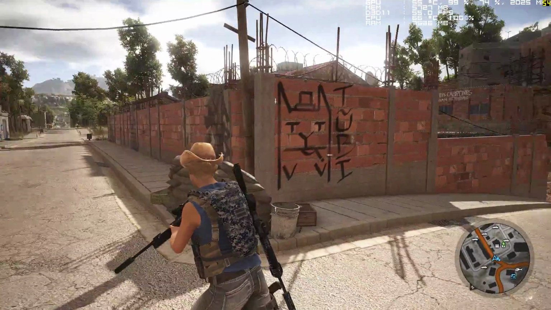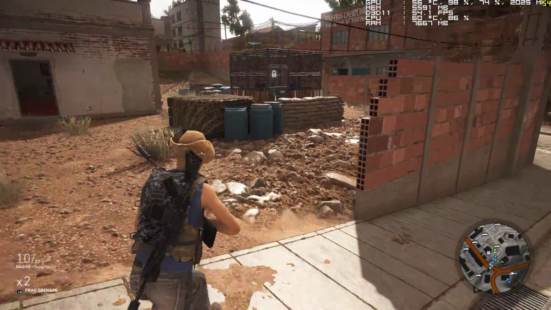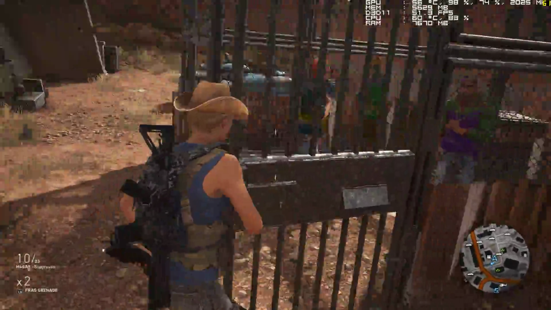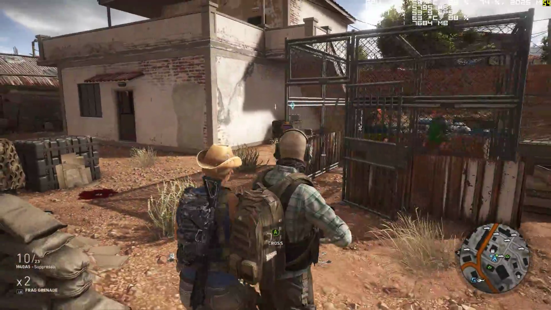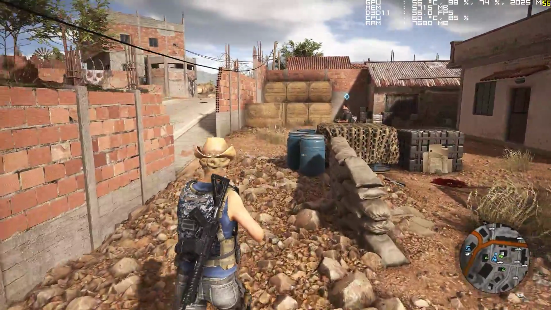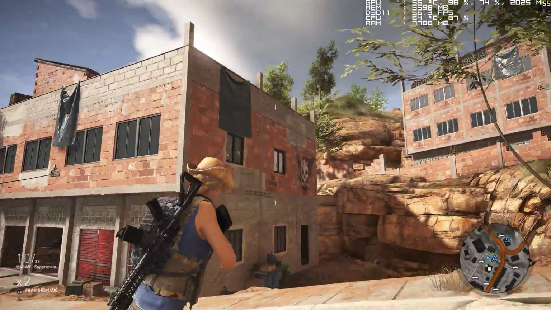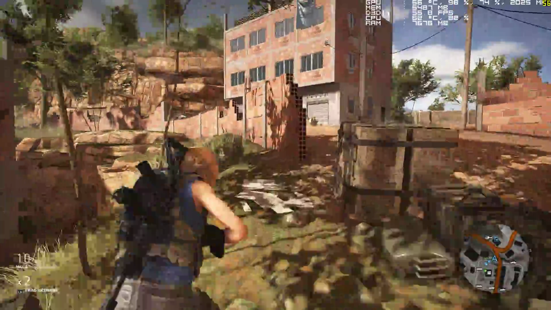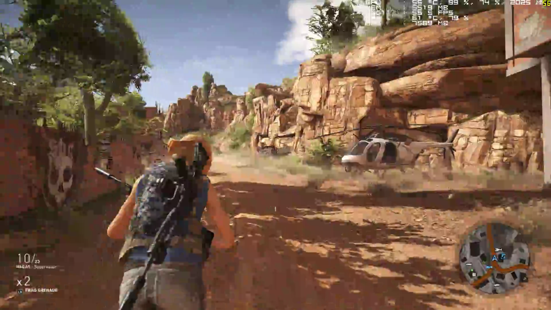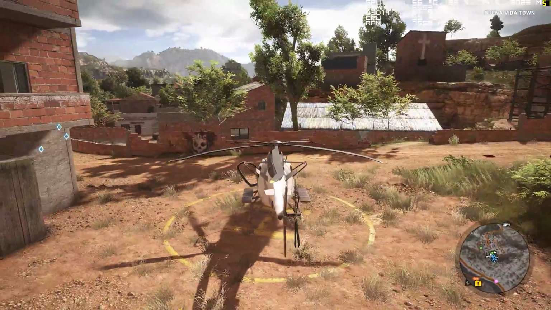All right, let me let these people out of the cage, and then we will fast travel to like a forested area, or maybe we won't even have to fast travel. Do I get anything for this? I don't know. All right. Let's go up here, back up here, then maybe we don't even have to fast travel. Now I do like, you know, we can take a helicopter. Let's do that. All right, so